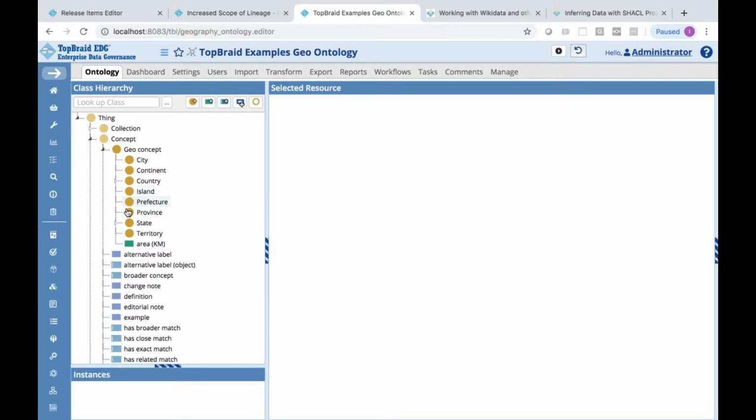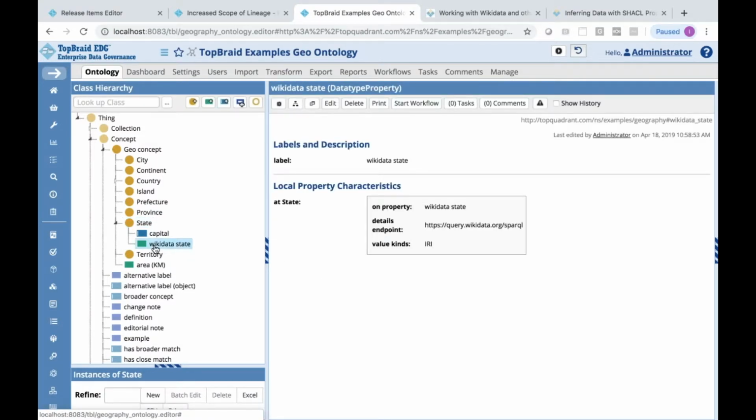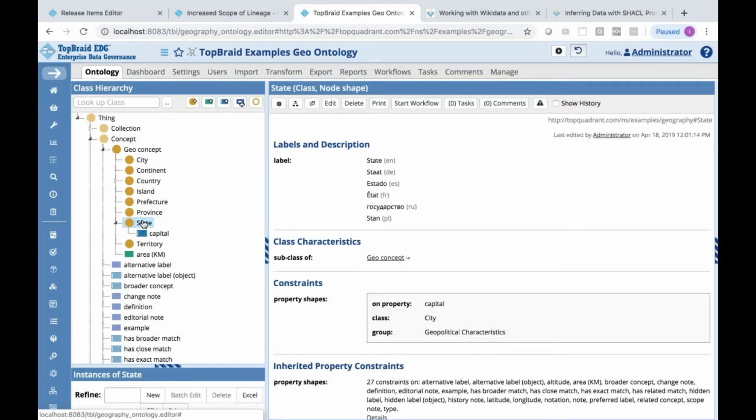Let me go to, let's say, state. And all right, well, it's already set up here. So let me delete it for now, so I could show you from scratch how to do that. So I want to create a link for states to resources in Wikidata that have information about state.